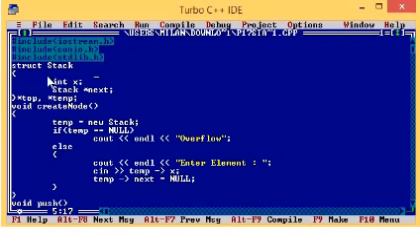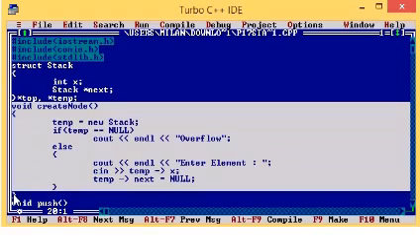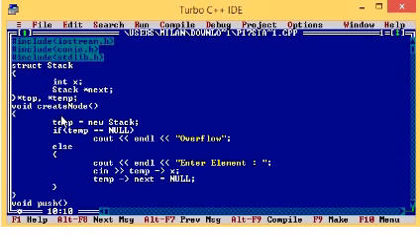For creation of a node dynamically, what is the keyword we use here? New. New is the keyword we use for dynamic allocation of memory. Okay, let's see how to create a node. When you are creating a node, you are not returning anything from that, but instead we are creating a pointer, right? Which is already globally declared, which is accessible throughout the program. Now this temporary node we are taking from the free store. So new will allocate memory from the free store. Temp equal to new stack. Temp is a pointer now which is pointing to some free locations.